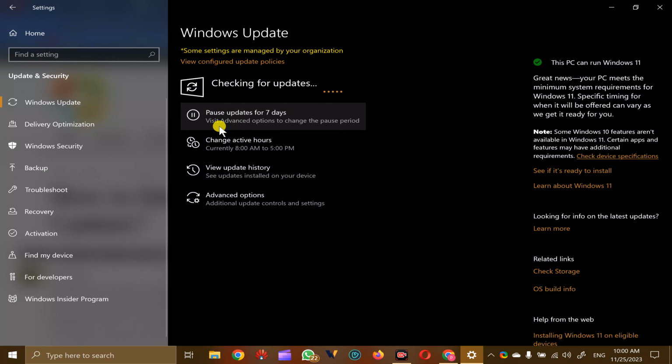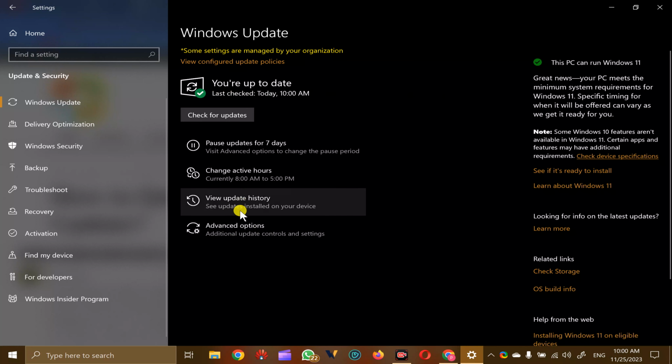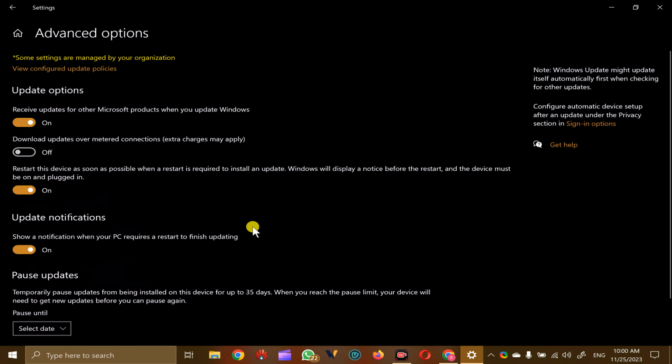In case you want to pause the updates for more days, you can pause your Windows updates for a maximum of 35 days. That means 5 weeks. For that, click on this option, Advanced options.